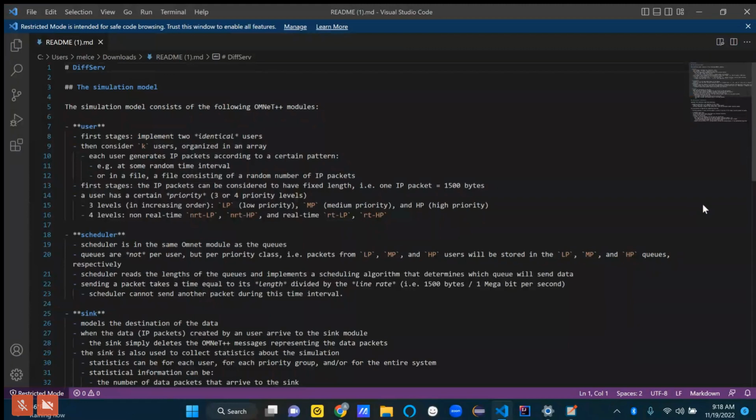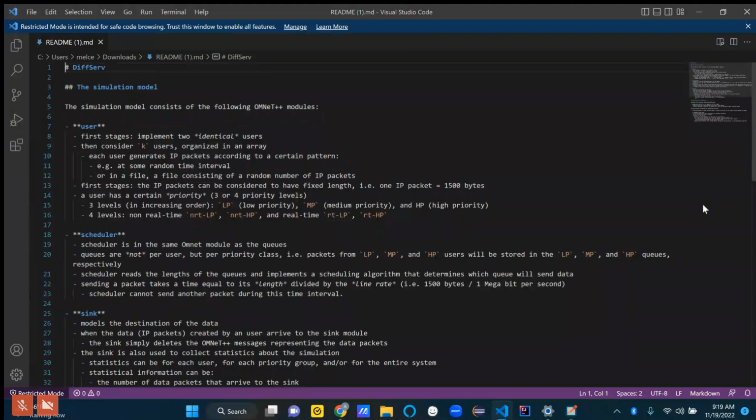And so they're saying that the scheduler is in the same module as the queues. So essentially, it sounds like we're going to actually implement this scheduler in that same OMNeT++ module, which sort of makes sense. And I guess the way that I described it isn't technically correct, because it's not like we'll have many of those FIFO blocks on our NED diagram.